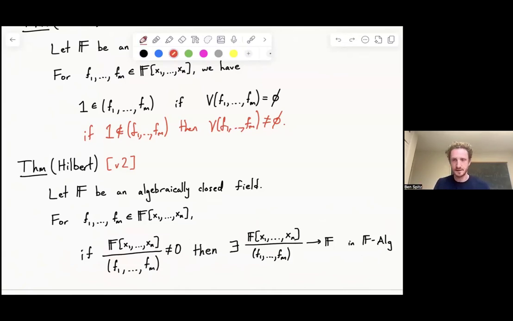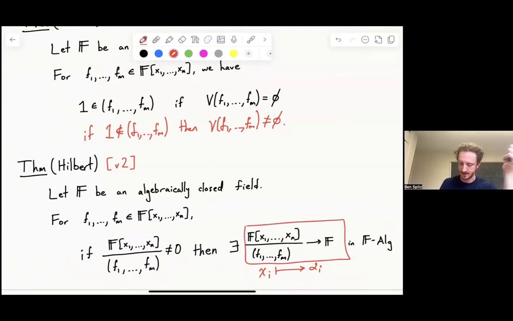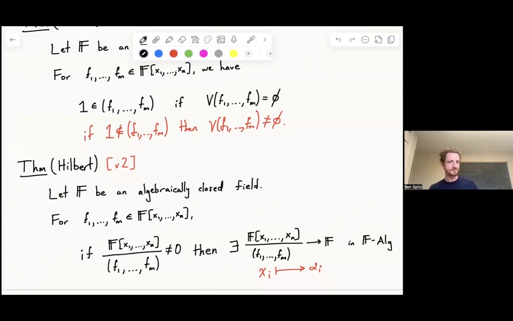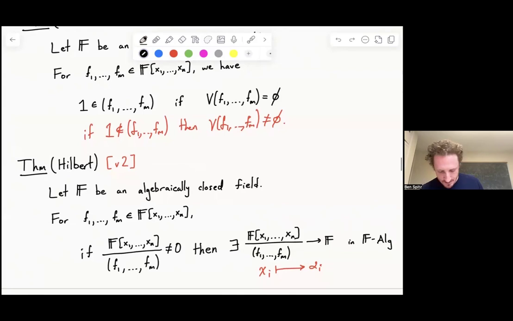homomorphism have to do? Such a homomorphism has to send each x_i to some element of F, and it has to respect these relations, which says precisely, I've got a bunch of elements of F, and when I plug those numbers into my polynomials, I get 0. So by having a homomorphism like this, I get a point in n-dimensional space over F. I get n coordinates in F, and when I plug that point into my polynomials, they all turn into 0. And so this says exactly that actually there is a point in the zero locus, that this set is not empty.